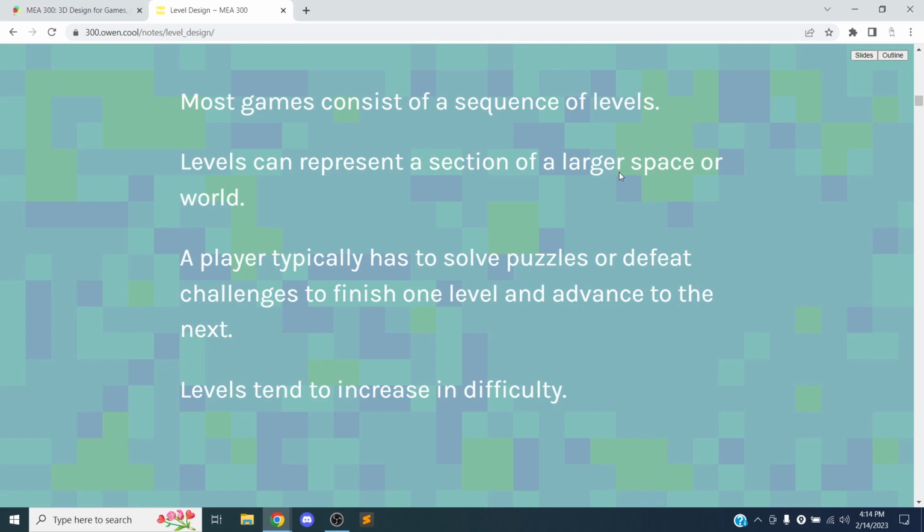This is done in different ways by introducing new challenges or adding to the complexity of the challenges that already exist. But normally we see this advancing in difficulty through the